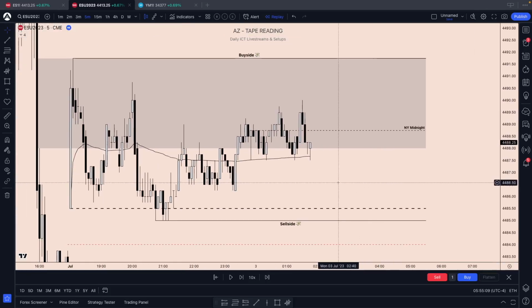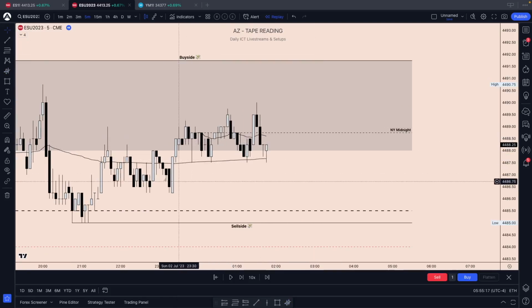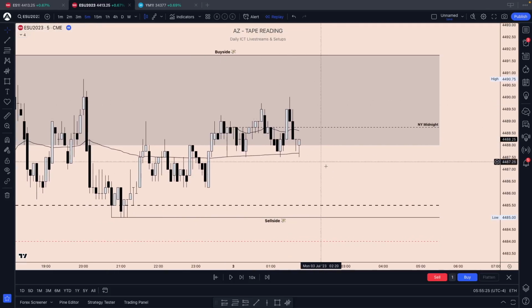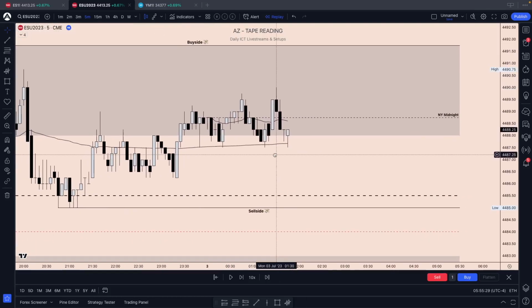So let's see, we zoom in here. I also like to use a VWAP right here at that midnight open. Midnight open was a doji, so we see we're sort of bouncing off this daily open VWAP in between the midnight open VWAP. We're below midnight. We're inside this bearish fair value gap. And let's see how we continue from here, or if we have any important fair value gaps we could be referencing on